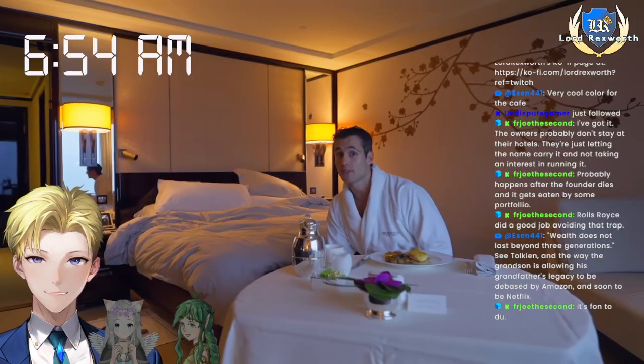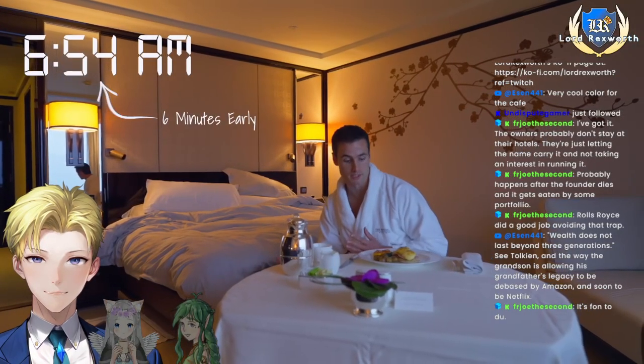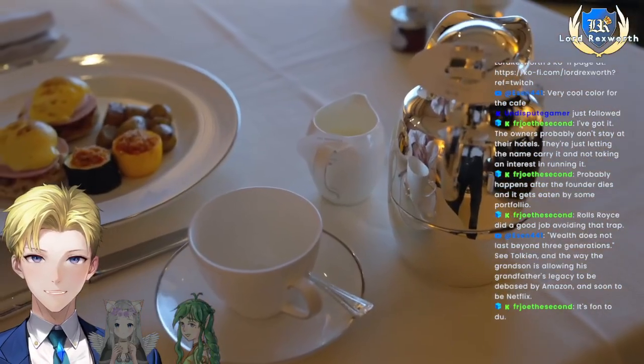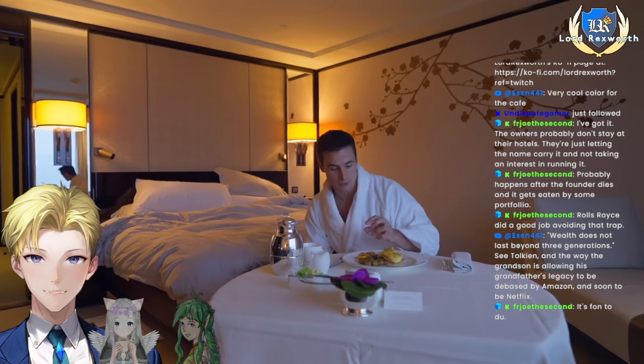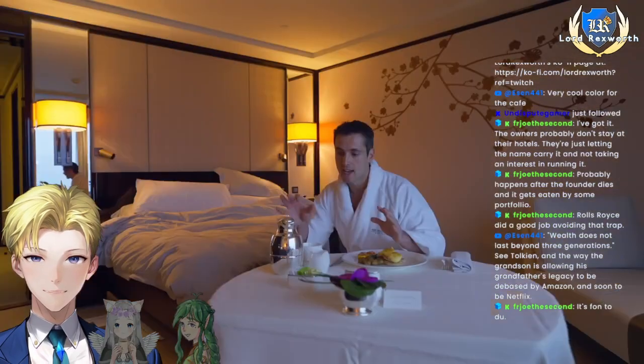All right. It is 6:54, so they arrived 6 minutes early with the breakfast service test here. This is the Eggs Benedict and the hot coffee that I ordered last night. It is looking very appetizing, minimalistic. It has a zucchini and another kind of squash here. The coffee has this perfect